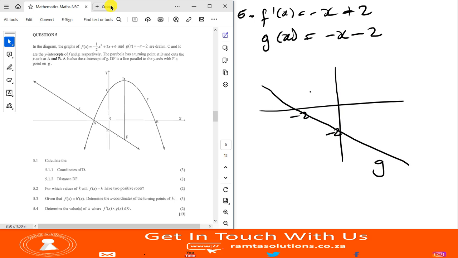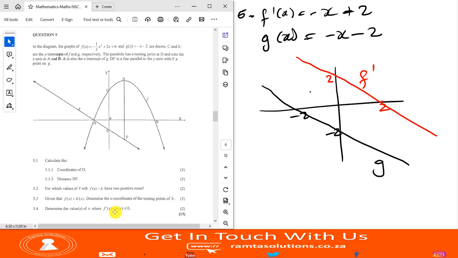This is g. Now, let's look at f prime x. Its y-intercept is at y equals 2. Its x-intercept is at positive 2. Do you guys see it? This is f prime, not f. Now, to answer the question,